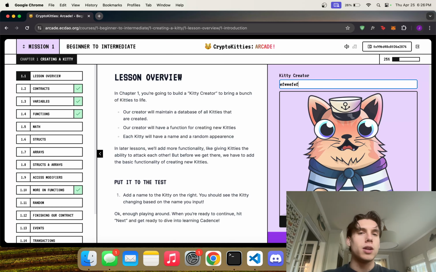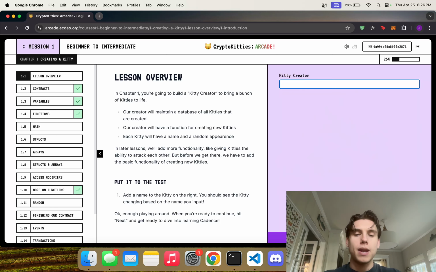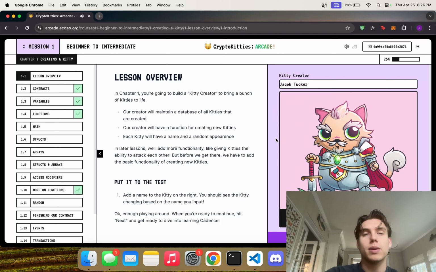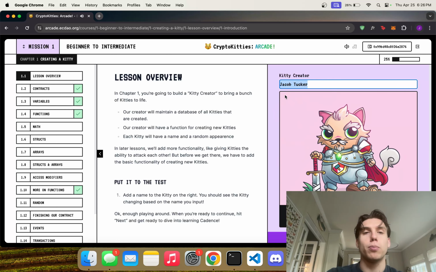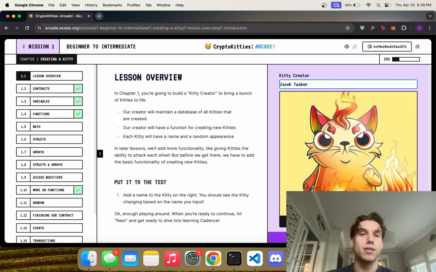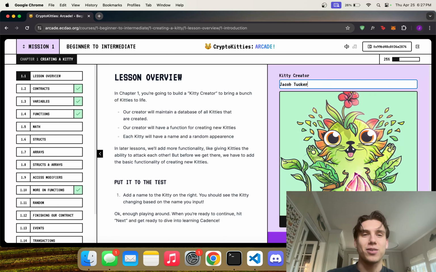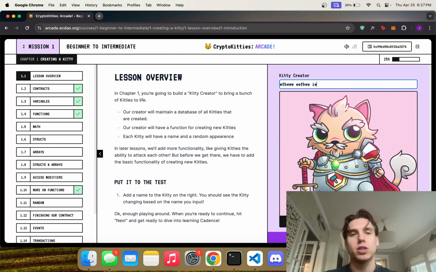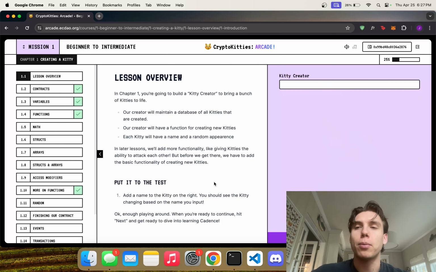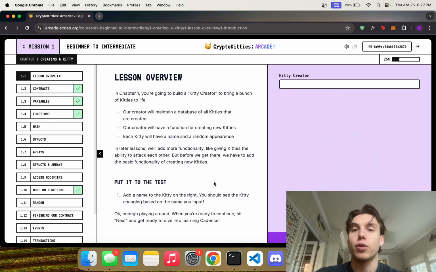It's pretty simple. You can type in any name you want, like I'll type in my name, and it auto-generates a random kitty based on the name that you put in. So it'll always be deterministic. Like if I type in Jacob... Oh, I guess not, actually. Look at that. That's kind of cool. So it is truly random. That's actually better than I thought. You can type in any name, and it'll randomly generate something based on the characters of your name, plus some extra randomness. But really, the point of this is to help you get an introduction to Cadence. So let's dive right into it together.